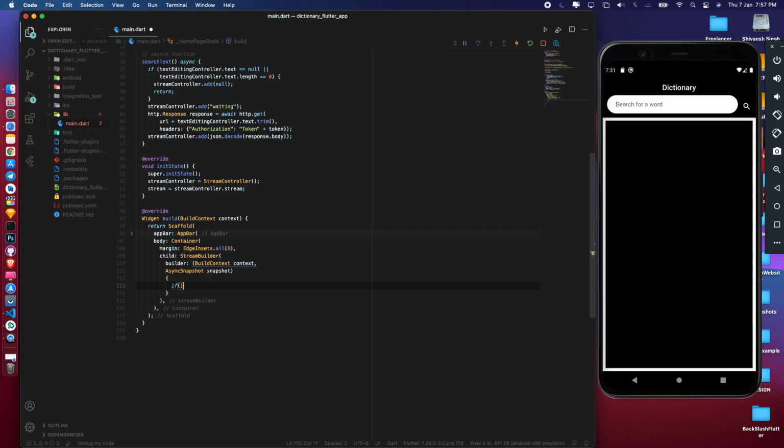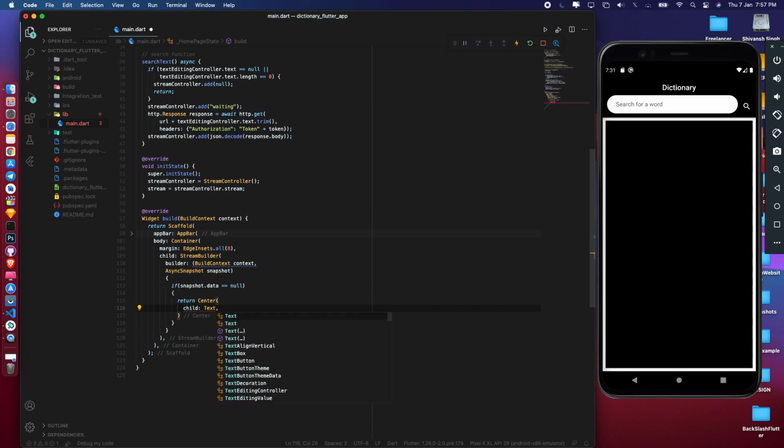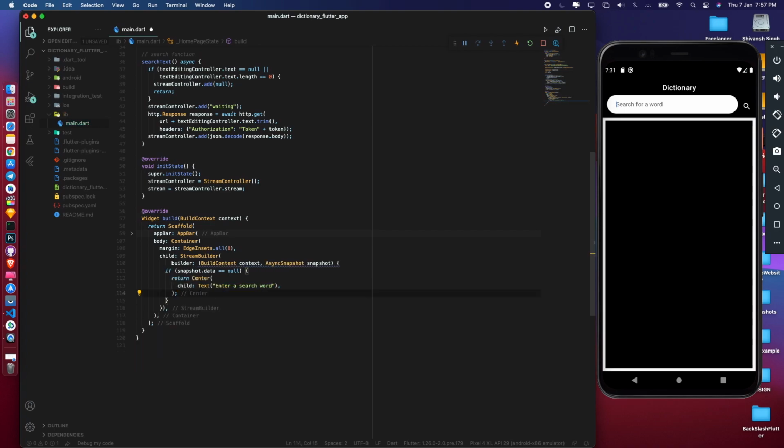Now what we need to check is if snapshot.data is equal to null. That means we will return a center with a circular progress indicator. First of all, if the snapshot data is null, we will return a search word, as you can see in our body tag.